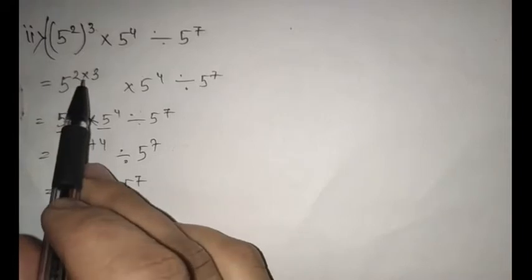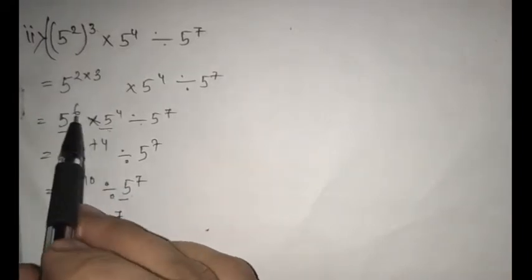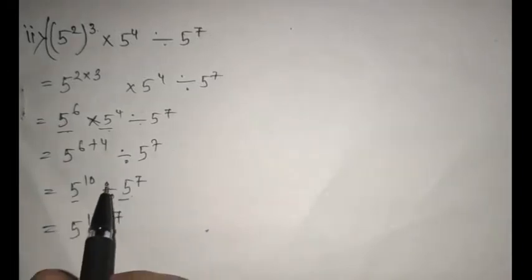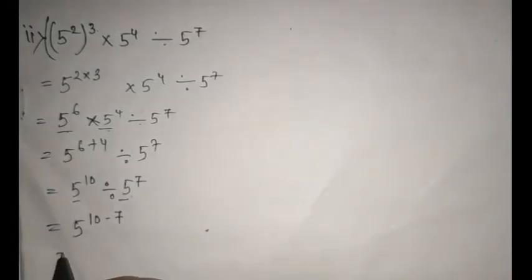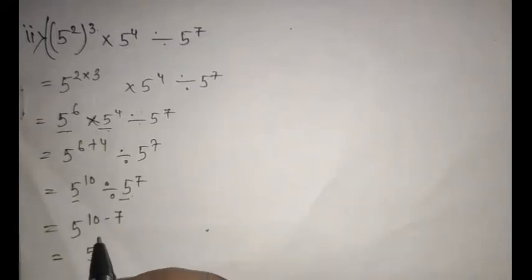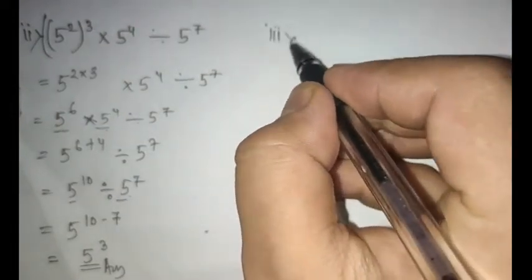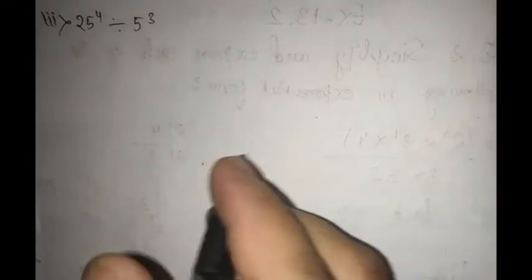In case of multiplication, the power will be added, or the exponents are going to get added. But when you have the division sign, your exponents are going to get subtracted. So there is a difference between multiplication and division. So 5 to the power 3. So this is your answer because 10 minus 7 is 3. Right? So I have done the problem step by step. So do not jump. I request you all, do not jump. Okay. So moving on to the part 3 question.